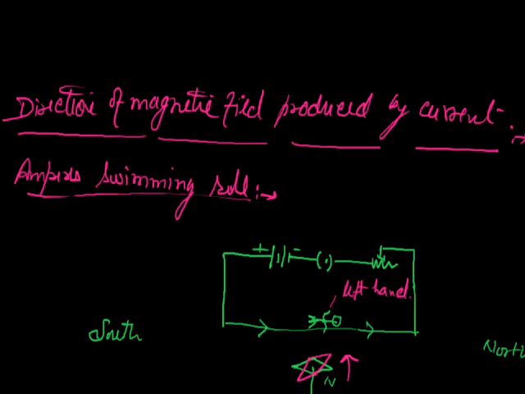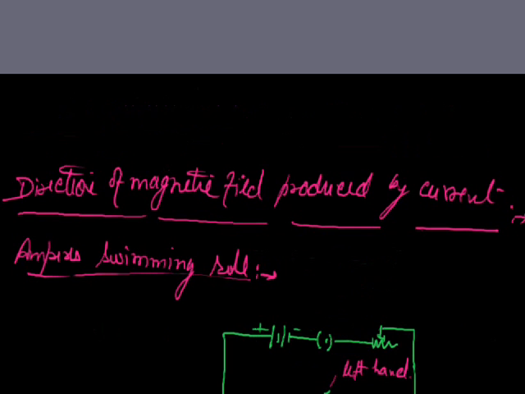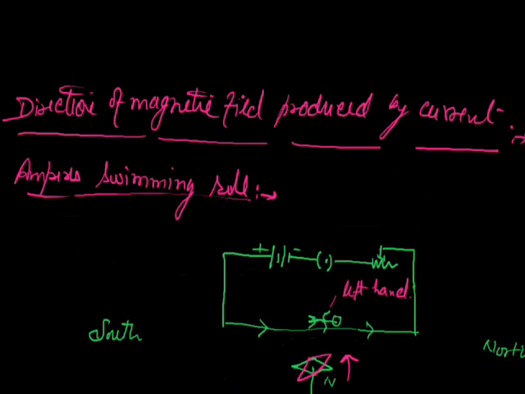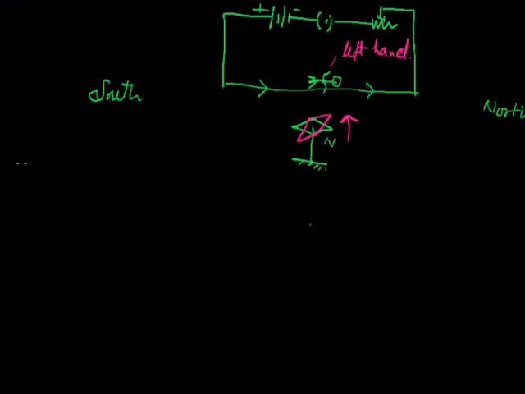Now today's topic is the direction of magnetic field produced by current flowing through that wire. Now the first rule is Ampere's swimming rule. Number one is Ampere's swimming rule. Now what is the statement? The statement is